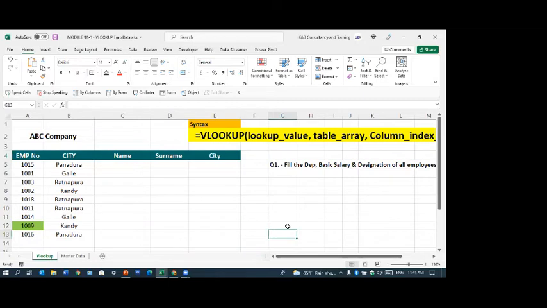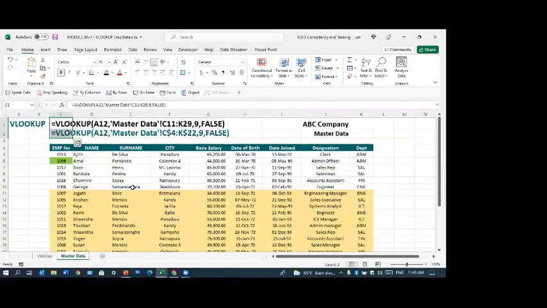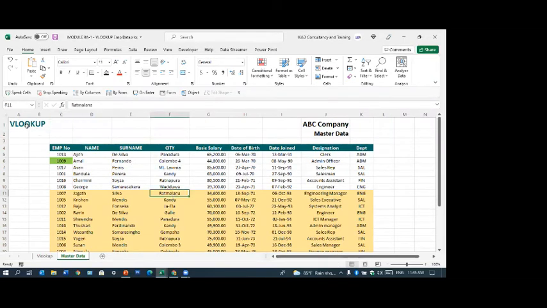You can make that column index number automatic. Now, to get the name, what is the column index number that I have to refer to? 1, 2, 3, 1, 2. Column index number is 2. For this one is 3. For this one is 4. Right? Let me delete these two. In Excel, there's a function called row and column. If you say column, it will give the column as a number.